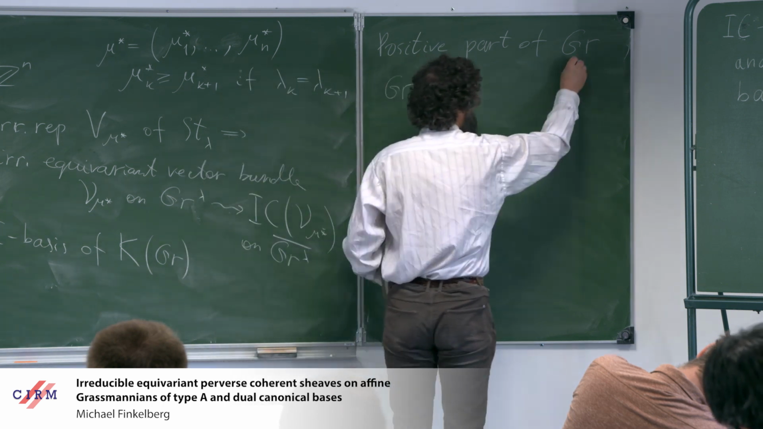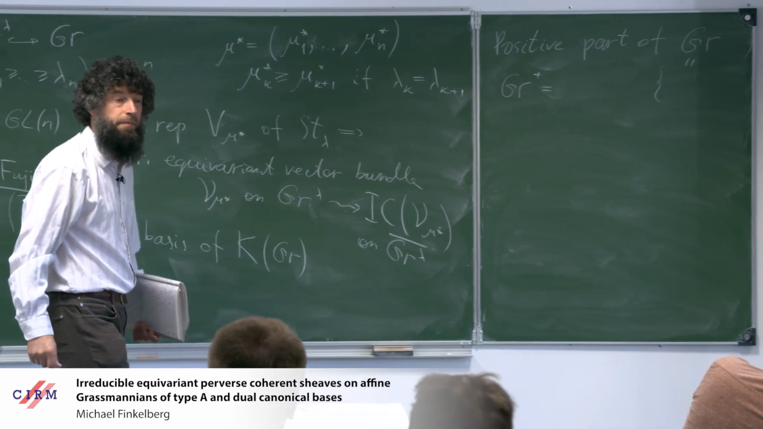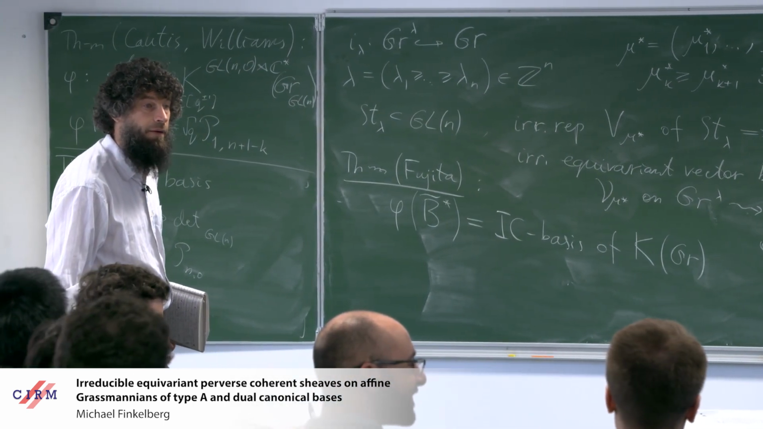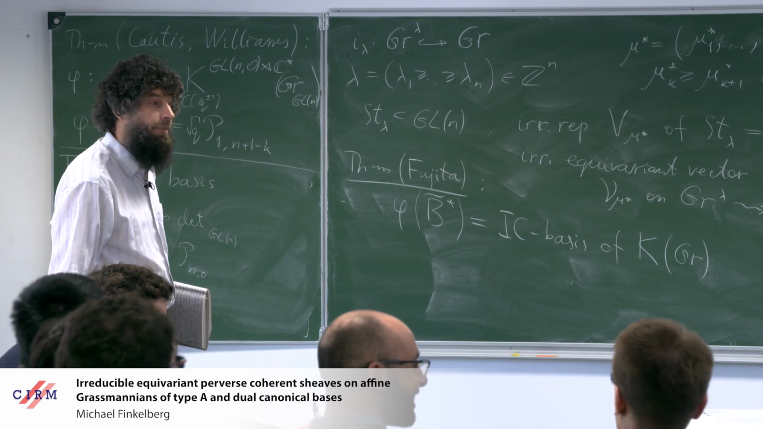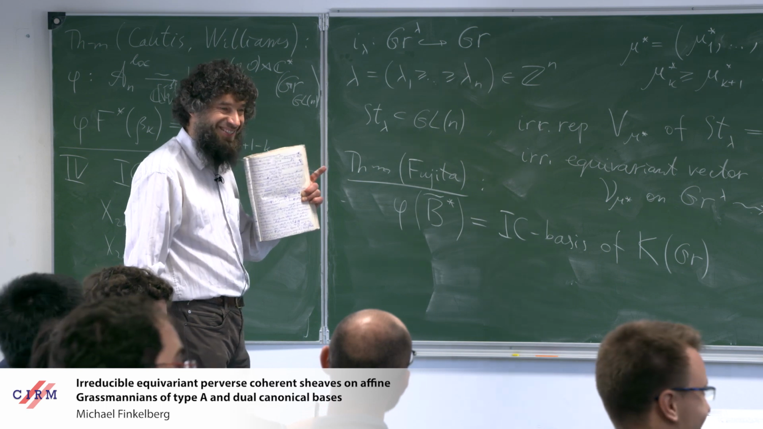Yes. How does the theorem of Fujita differ from Cautis Canonical? Because they also prove something about IC objects in their theorem, or not? First of all, I think it's Williams, not Kamnitzer. Sorry. That's fine,